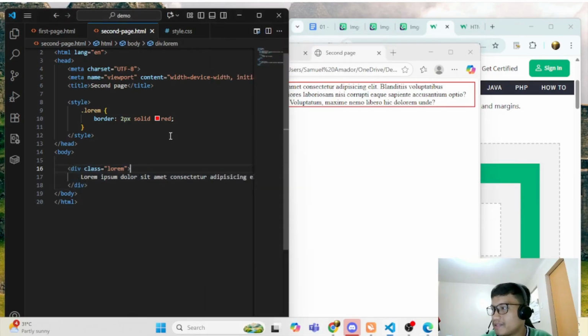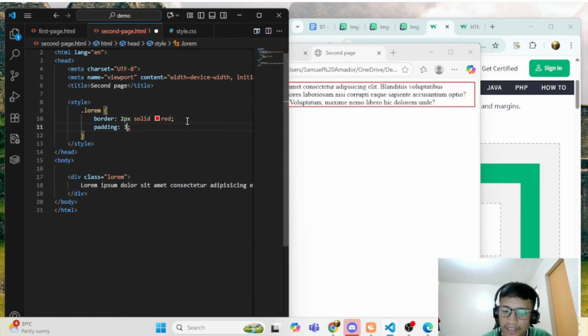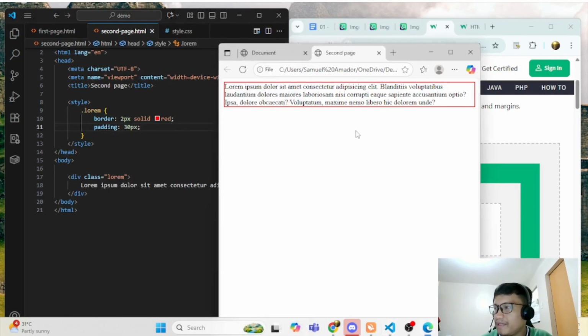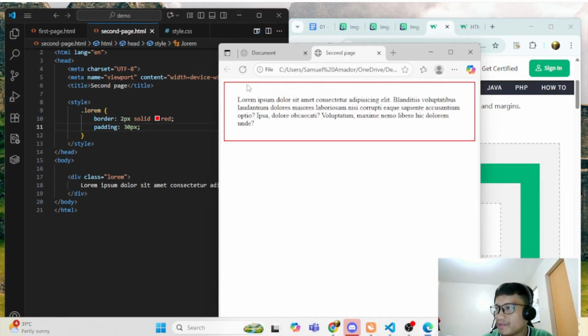So for padding, let's say I'm going to add here padding, say 30 px. So padding is inside the border, it's in between the border and the content. Yeah, so this is the padding here, the space in between the border and the content.